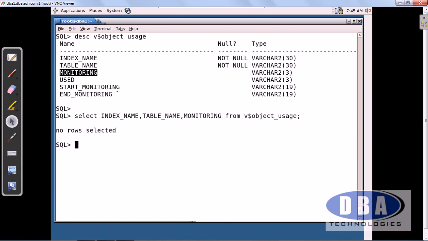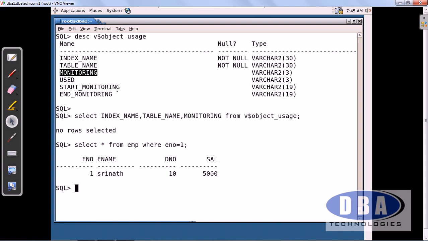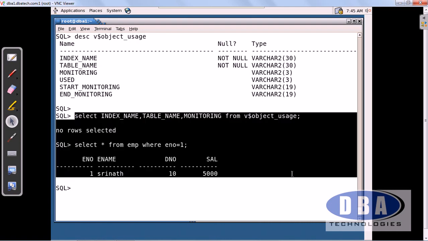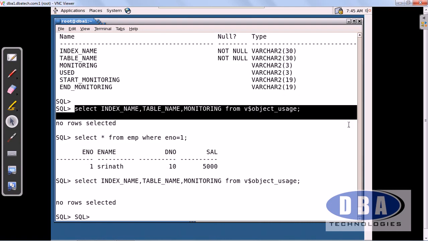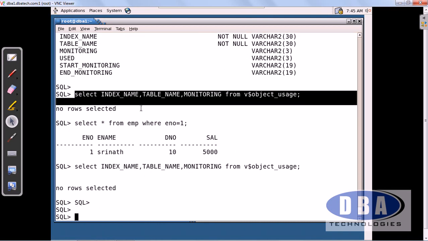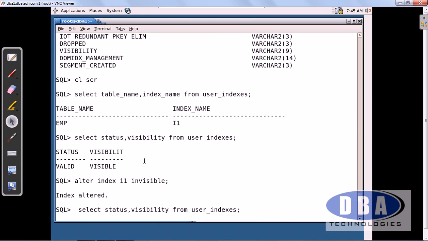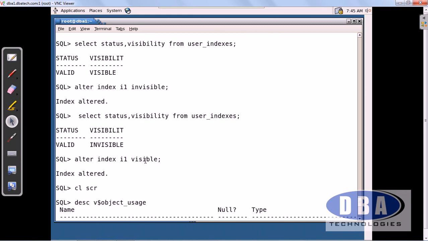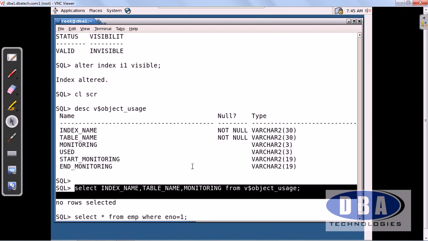No rows selected. Why? Because we have not used the index. But if you give here select star from employee where e number equals 1, that means now we have used the index. Sorry, one minute, we have made it visible.